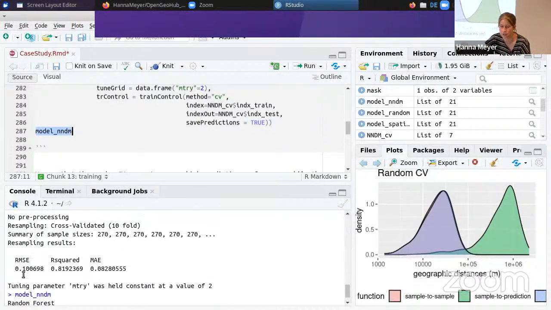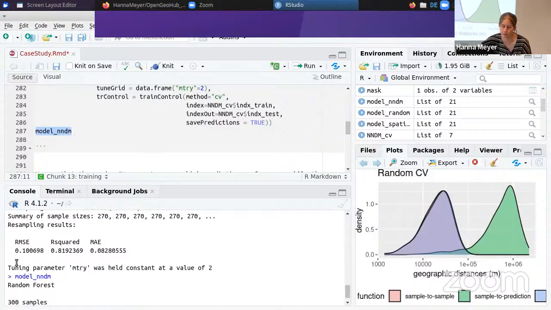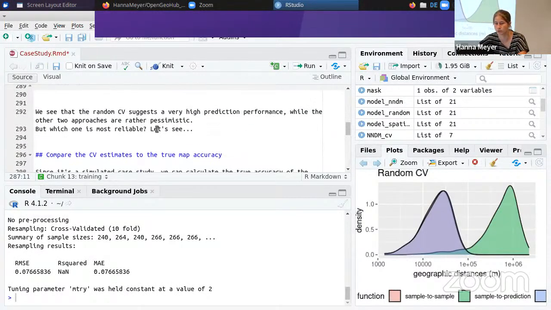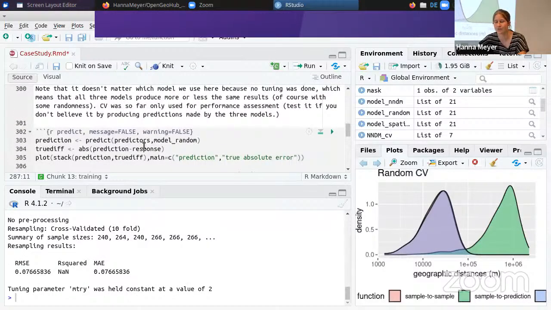With the spatial, we had slightly higher, 0.1, and with the random, we got 0.04. So this was very low error, while for the spatial validation strategies, we got higher error estimates based on our